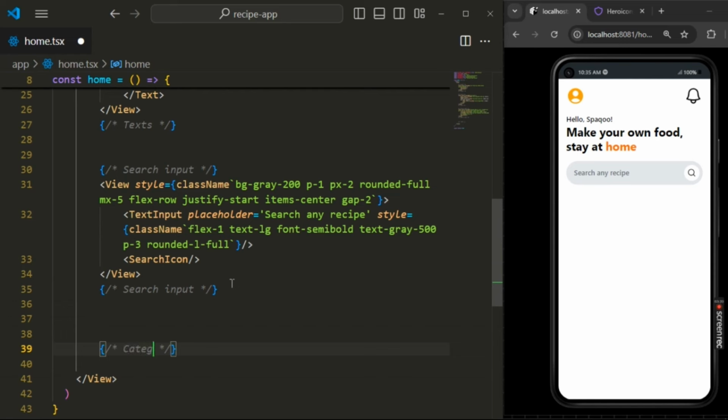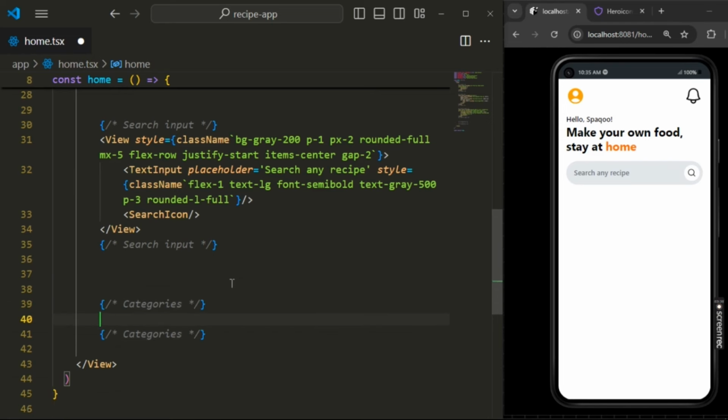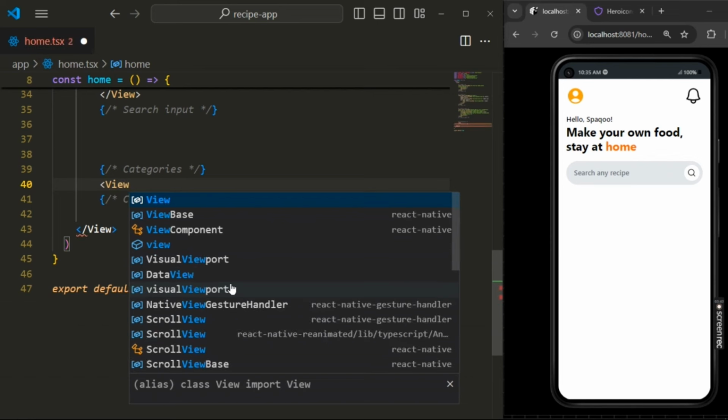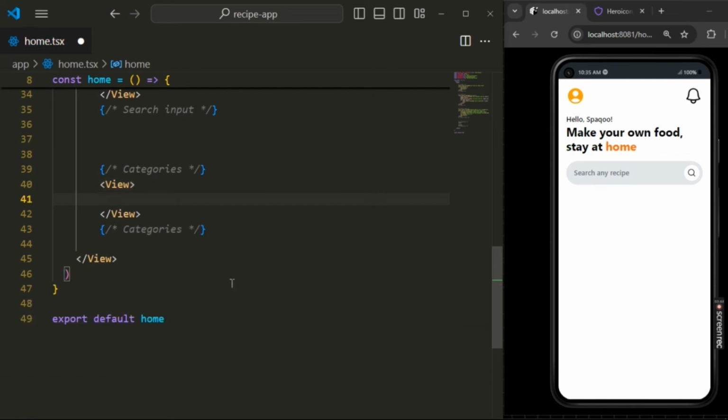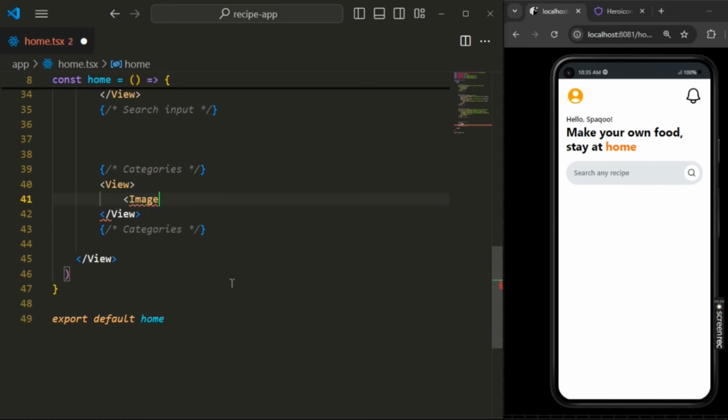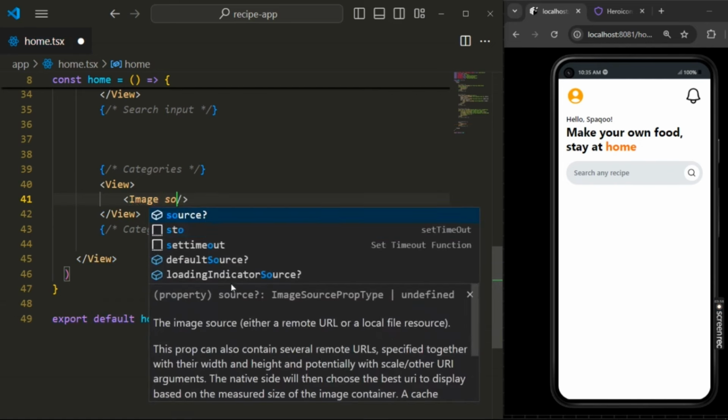So we have completed our search input. Now it's time to create our category section, which will allow us to see all the categories in one row, and it will look great because we will be using FlatList for it. So for the first time we have to